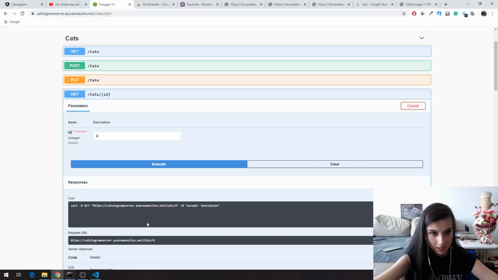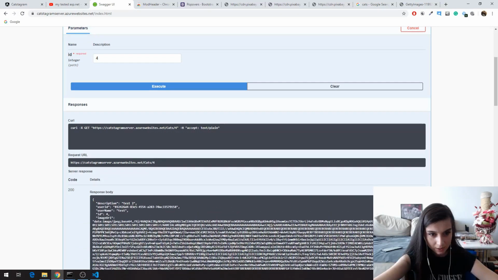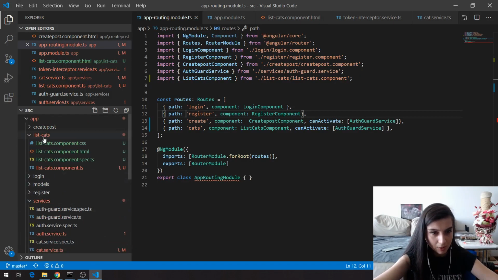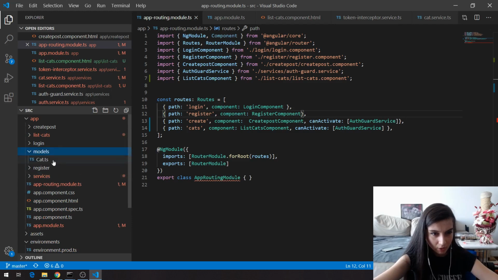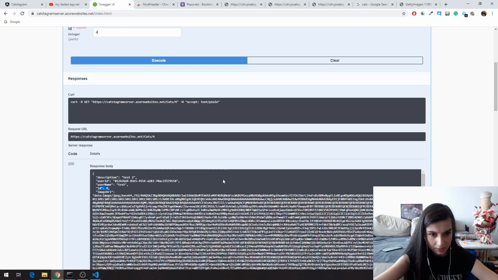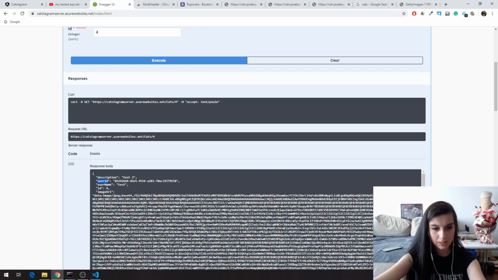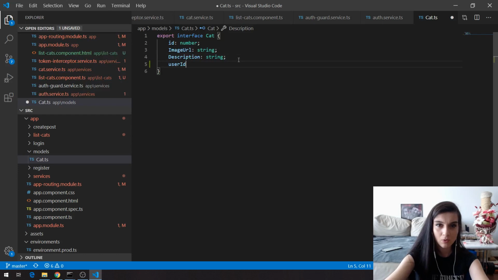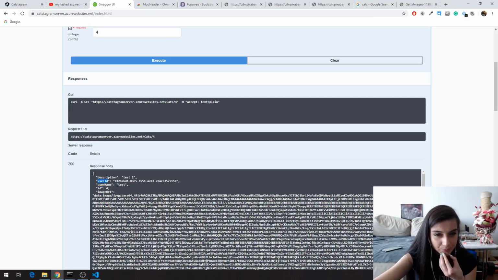But if I go here in my models, let me just see how the cats are. Okay, the cats are number. If I go to my models, I want to see is everything okay right now. So if I go to the cat, you can see we have ID, which is number, image URL, which is string, description, which is string, and here we're going to have username and user ID. I'm going to put that here. By the way, you can do this also. And here I can say user ID is a string,